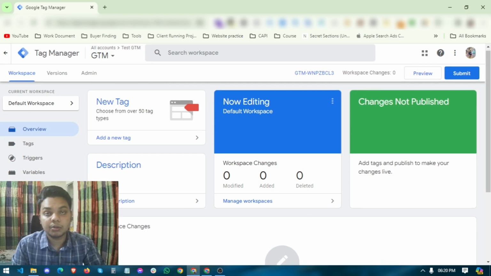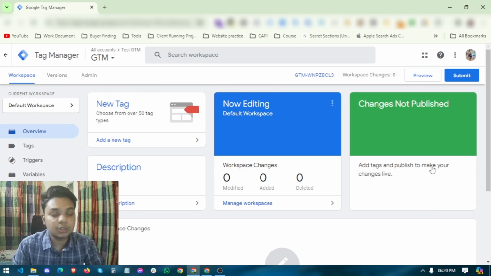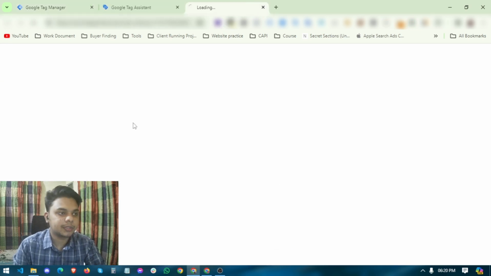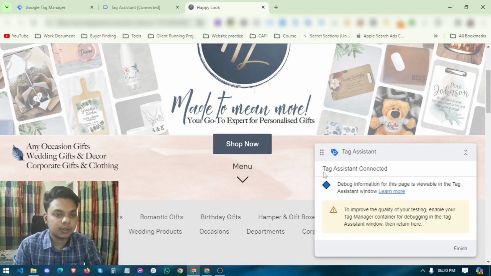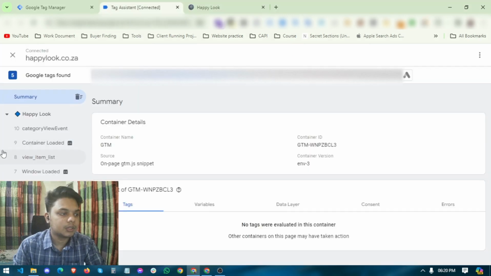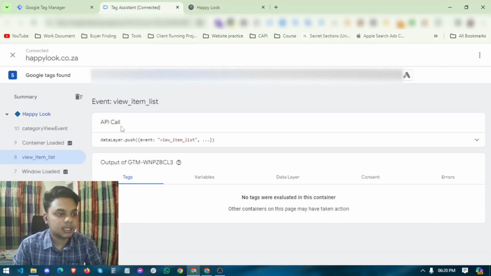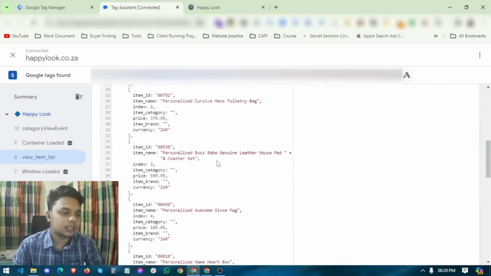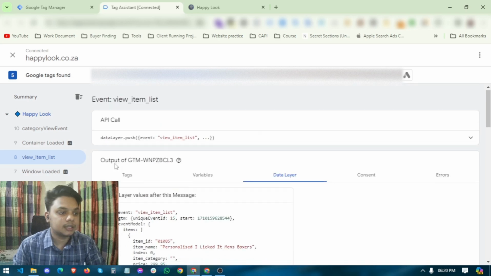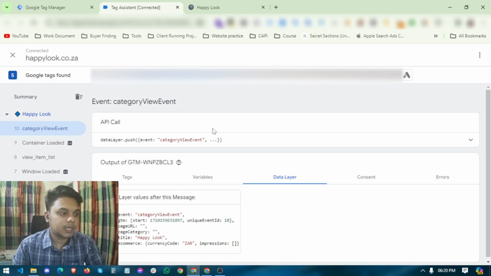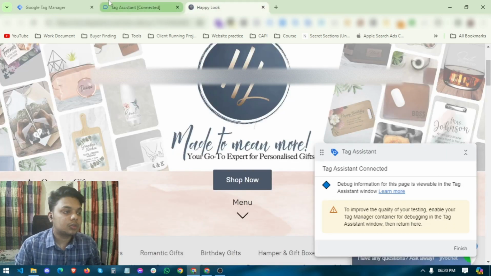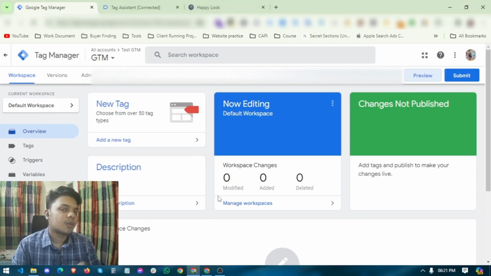How can we ensure our Google Tag Manager is connected properly or not? We will just preview it on the Ecwid website, and after opening it, we'll see our Tag Assistant is connected. We have added the data layer and other things for advanced tracking. We'll cover it in a later video. So this is our Google Tag Manager. You can see view item list, the item price, and the item array coming up here. You can track the value and everything here. And if you want to set up Google Analytics 4,